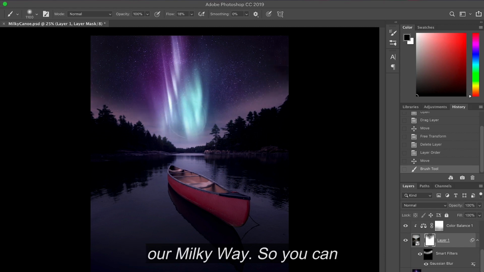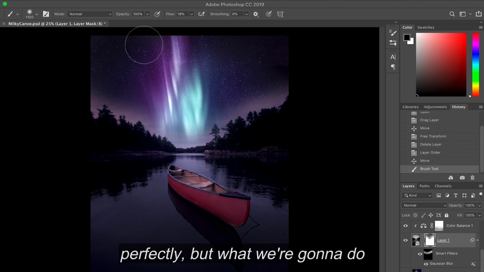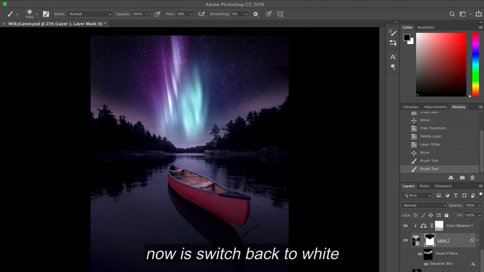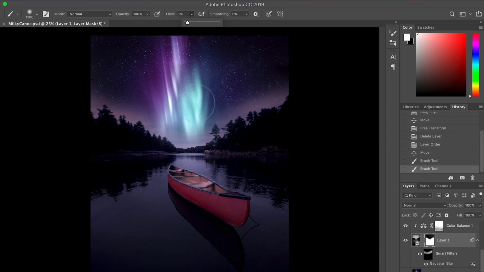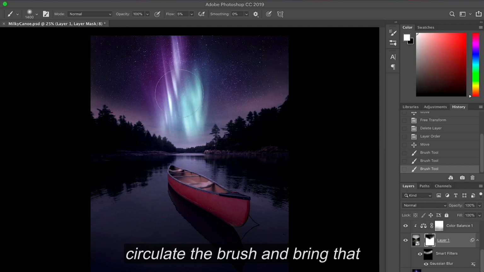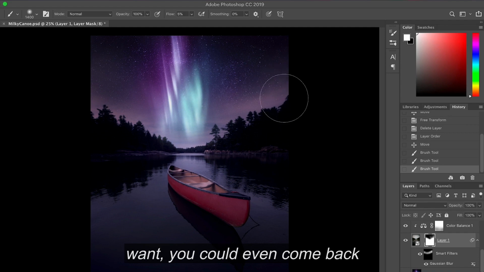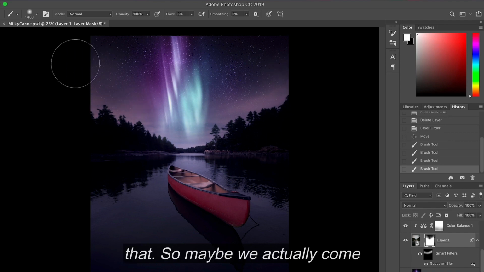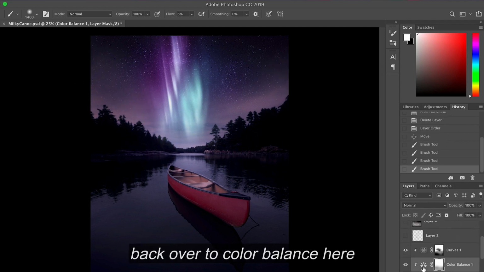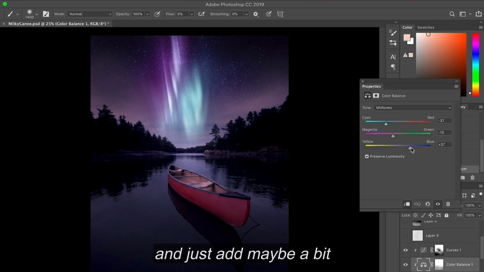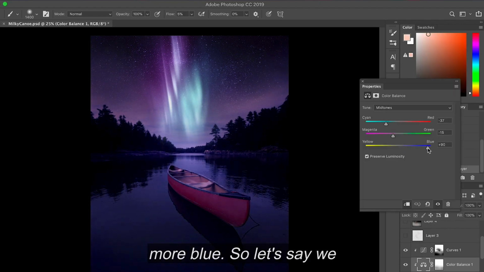So you can see here that this doesn't blend perfectly, but what we're gonna do now is switch back to white, and with an even lower flow and a nice big brush, we're just going to start to kind of circulate the brush and bring that color back up. Now, if you want, you could even come back and kind of color correct that. So maybe we actually come back over to color balance here and just add maybe a bit more blue. So let's say we just kind of do that with the cyan and the blue,